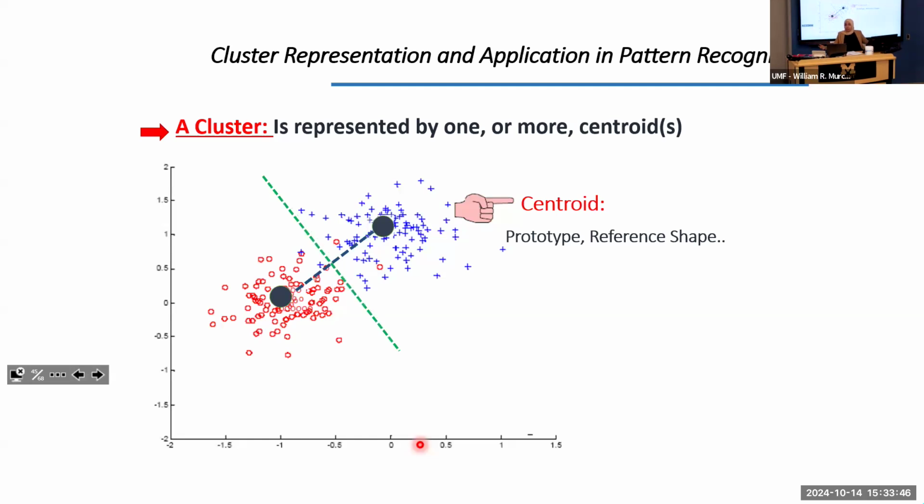It means that our space is divided into two subspaces, and this is where we use segmentation. It's not only about deciding, okay, these are plus and these are circles. One new element is coming, and if it's here, I'm going to say this is a blue plus. If it's here, I'm going to say this is a red circle. So this gives you a final division of the space into two subclasses. And what do we call this?